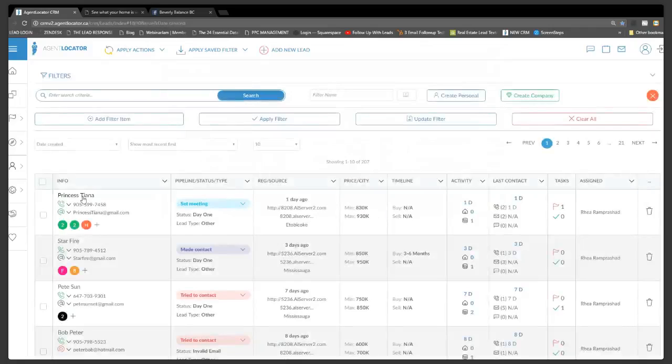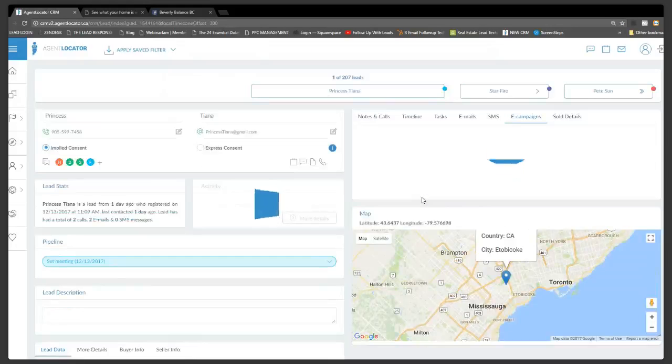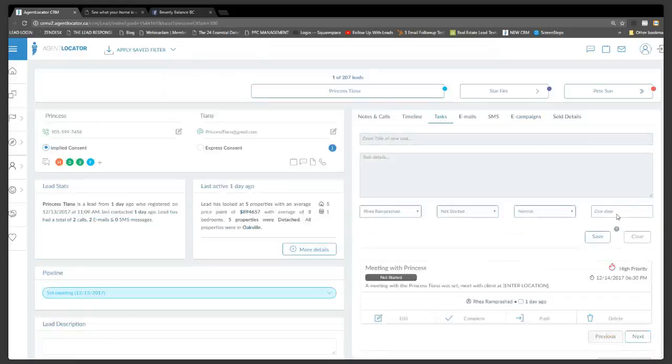The other thing that I'm going to do is, if I've spoken to you, and I'm assuming if I know what your timeline is that I've spoken to you, the next thing that I'm going to do is go into that lead. I'm going to make sure that I have a follow-up task created for them. So to me, anytime that I've spoken to somebody, I have to have a task created for them. And I'll go to task, create the follow-up task, and select the due date. If the person says it's 3 months from now, I'm probably going to call them in about 15 days. So little 2 to 3 weeks. And then